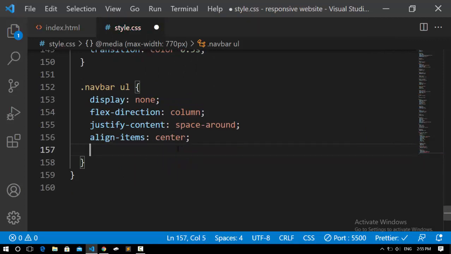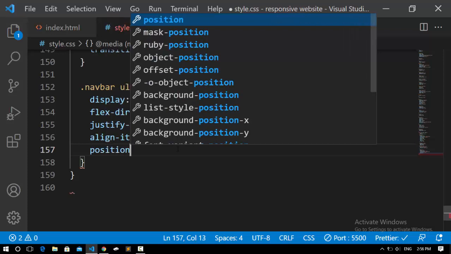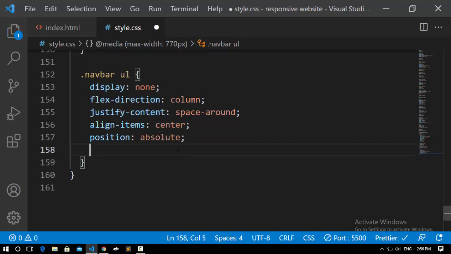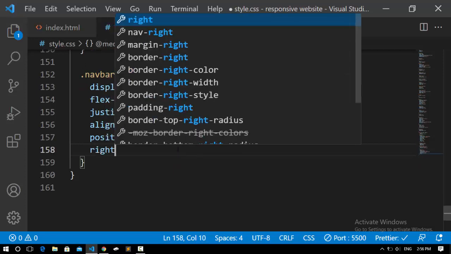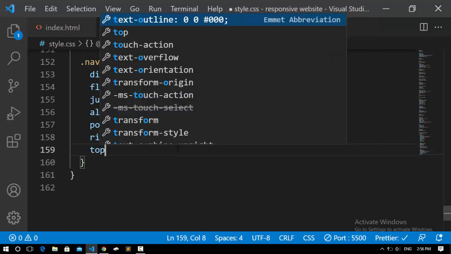These are not going to be visible, otherwise we're going to make them visible using JavaScript. After that, we're going to set its position to absolute, and from the right it's going to be at 0 position,